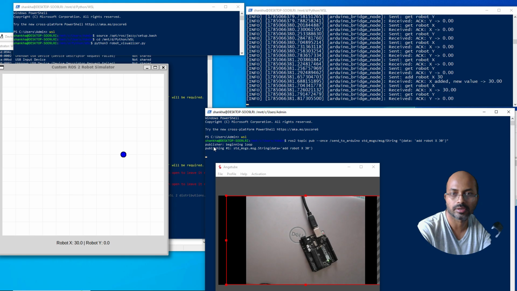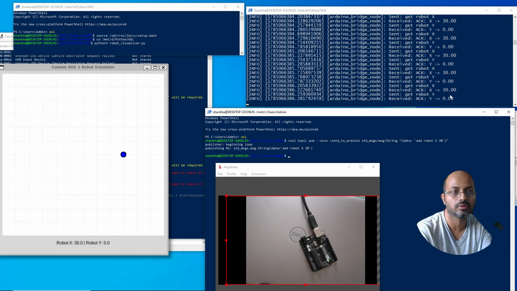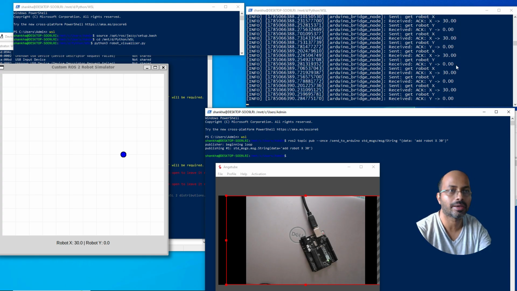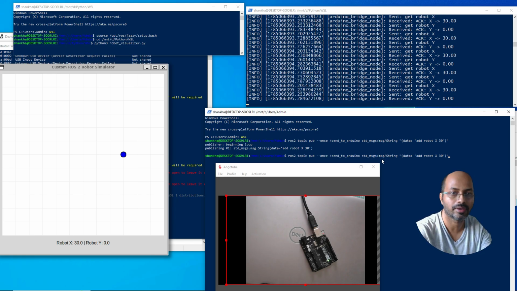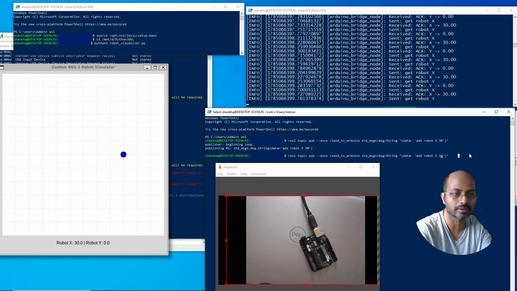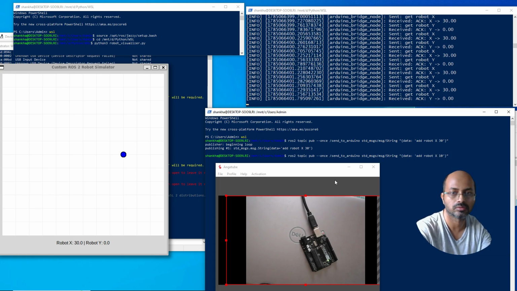It is trying to process, and you see the ball or the robot moved in x coordinate, and you see the value in the bridge Python. It is showing 30 for x and y is 0. So the same thing, if I send one more time 30 and now 10, so 30 plus 10, it will be 40. So let's see,